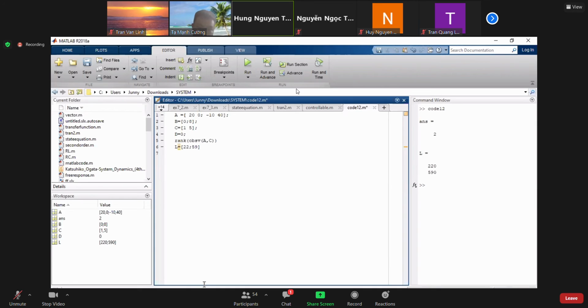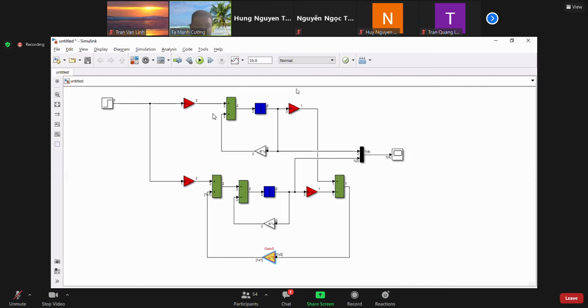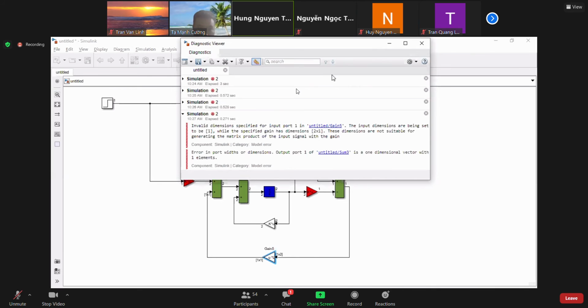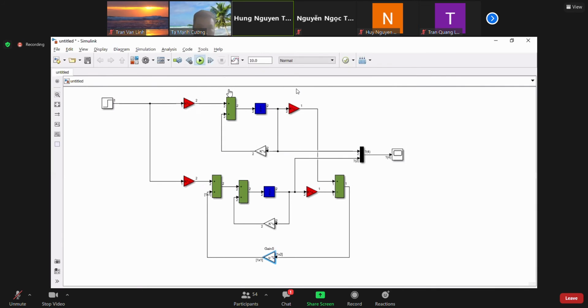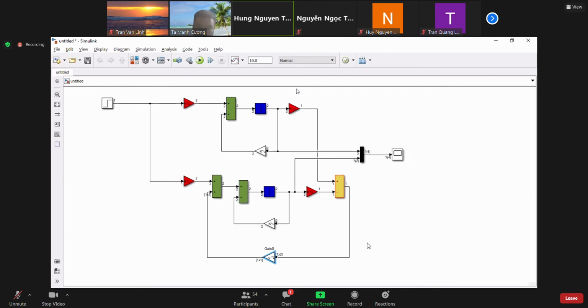But I don't know why it doesn't work. Let me check. I run again and let me see. The input dimension is... error, some 3. Okay. This one is one. It says that you have something wrong with L. But I'll come back to the